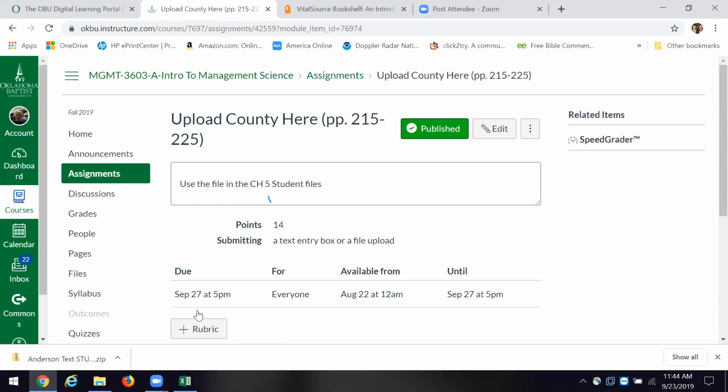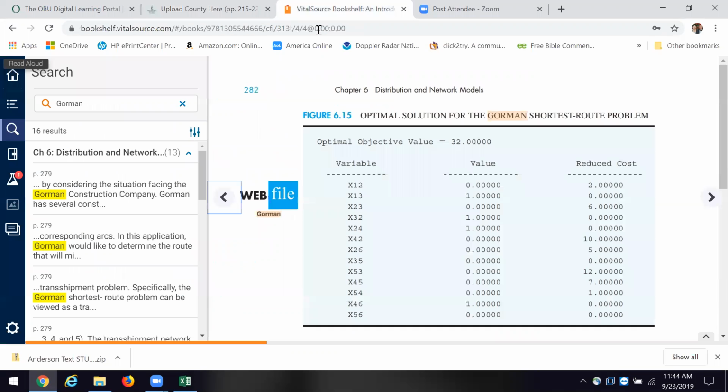I'm just going to ask you to upload the file, because I'm not going to have you changing the variables. I want us to have some time to talk about it and take a look at it. County introduces us to a concept called